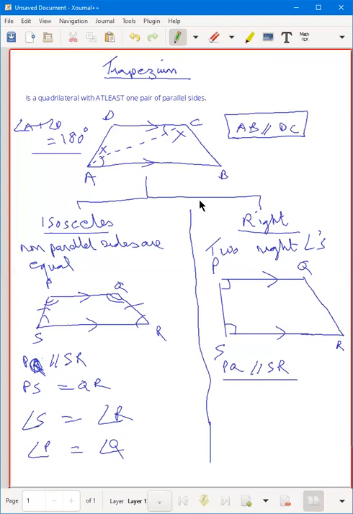Whenever in doubt, just quickly make a diagram and try to figure it out also. It's very simple to do it, because there are many, many properties to learn. Okay, quickly copy this. We have one more figure, which is a kite, before we can start doing a few questions to solve.